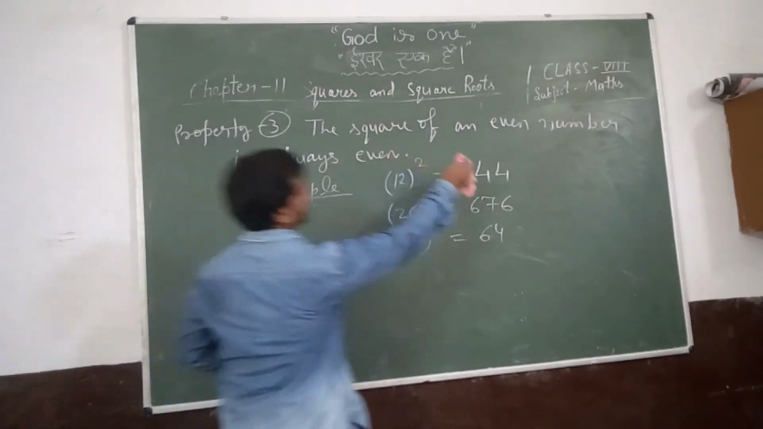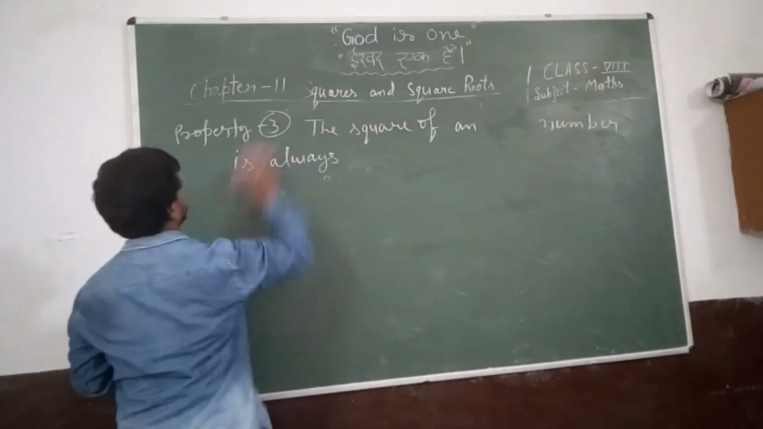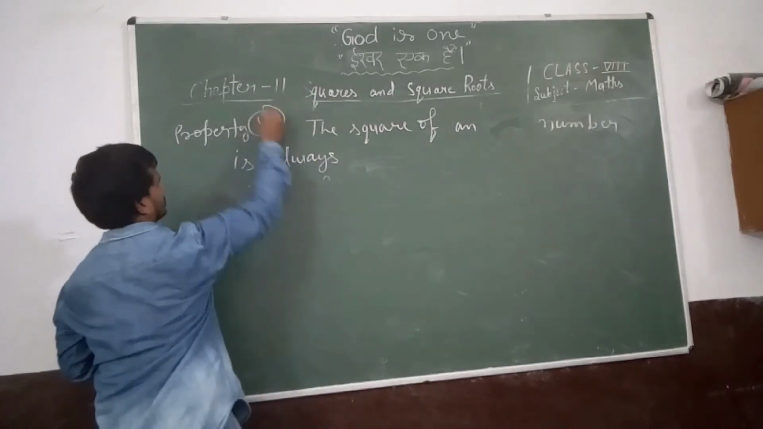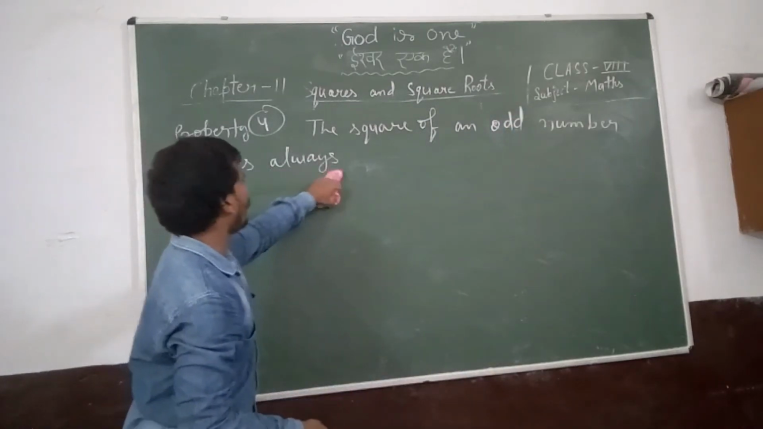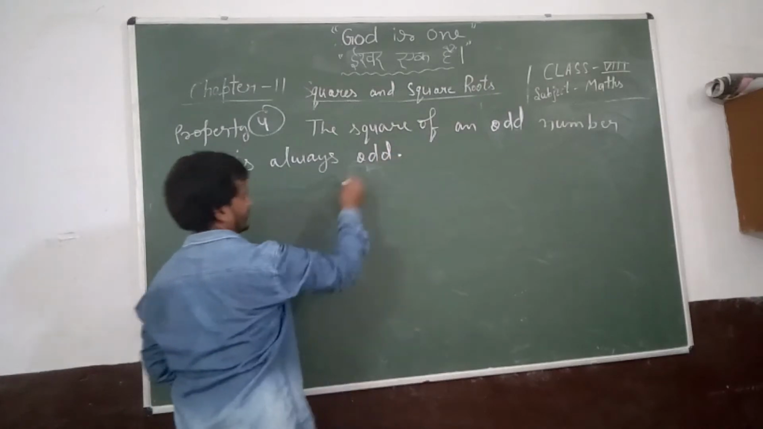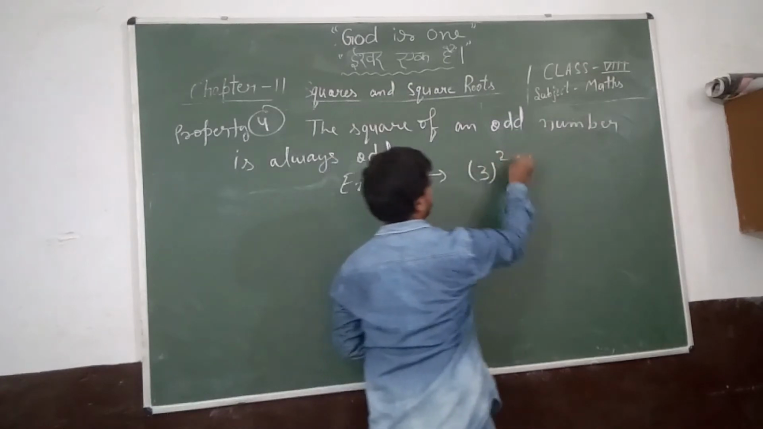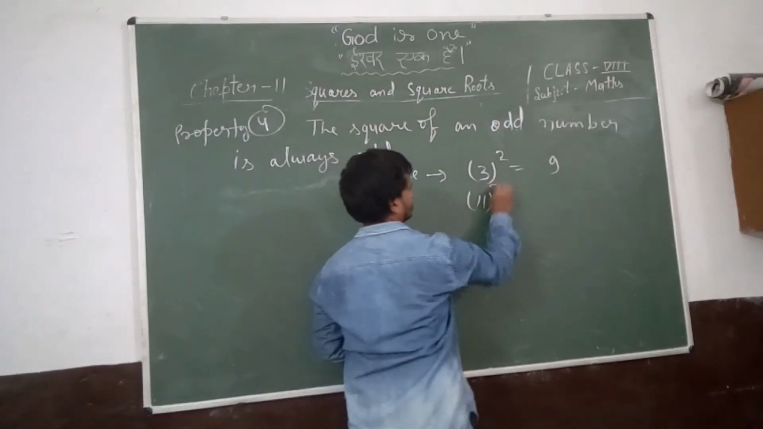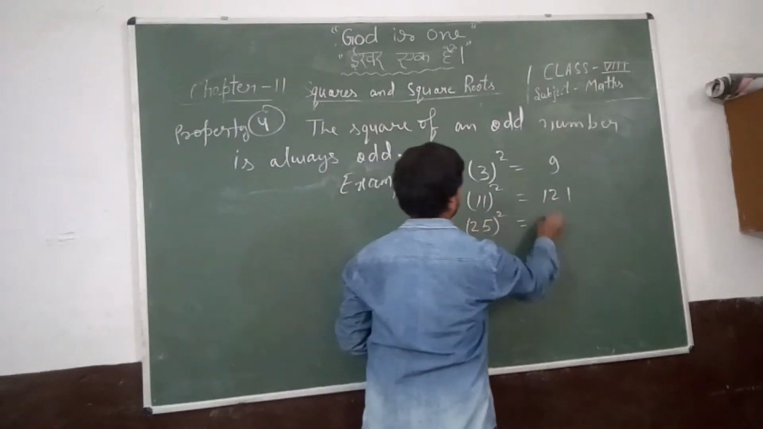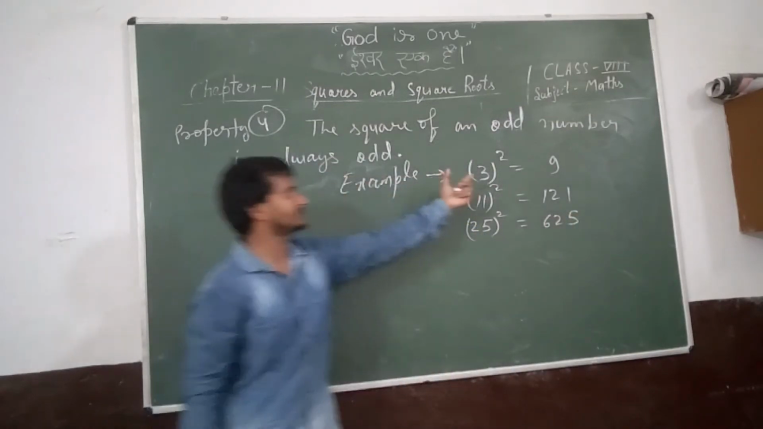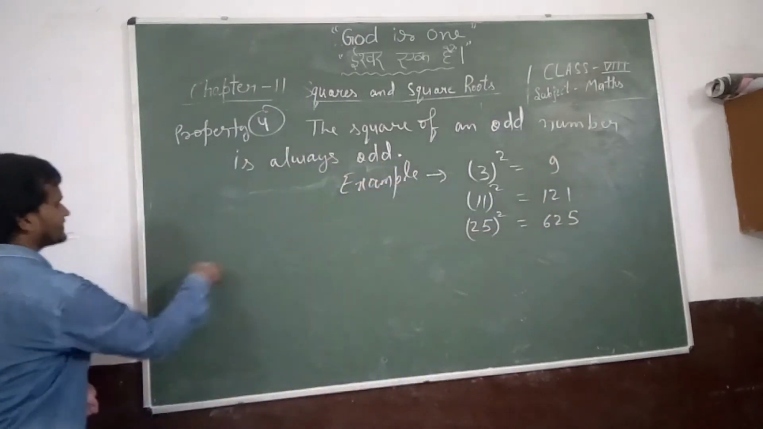Similarly, the square of an odd number is always odd. Example: 3 square is 9, 11 square 121, 25 square 625. So this is also one property. Next is